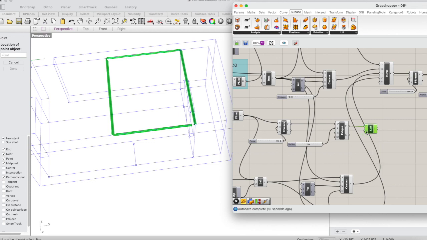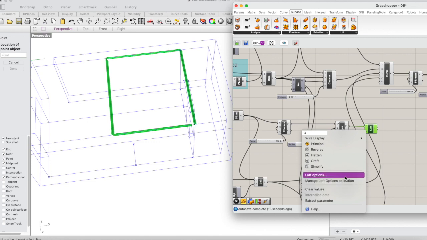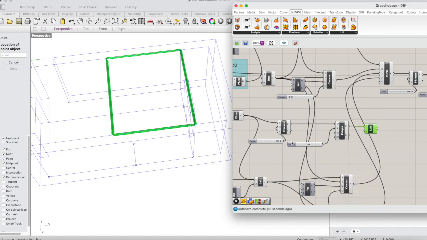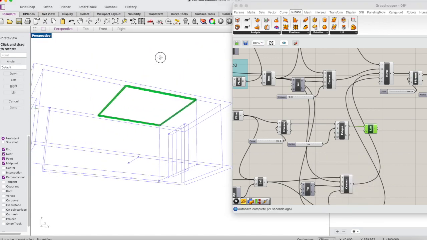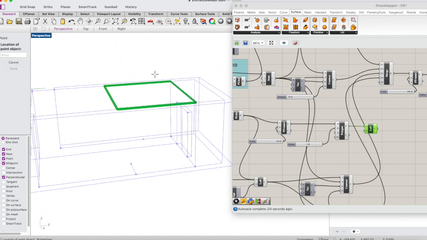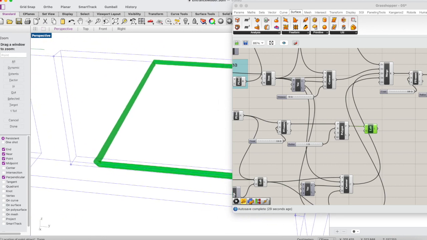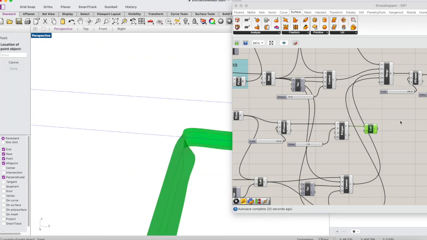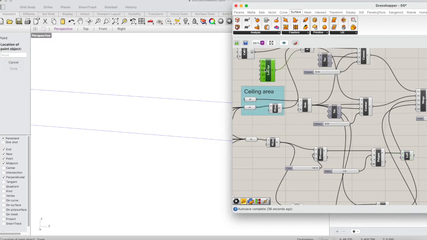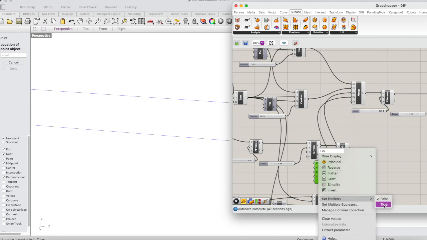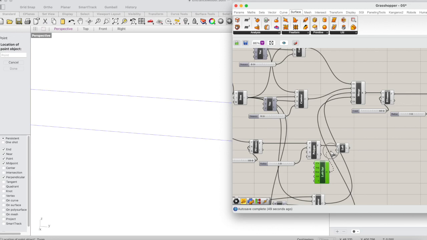And this frame should be a closed curve, loft options, closed loft, non-normal, and then there are some strange parts here. So let's try to use these options. True this time, and